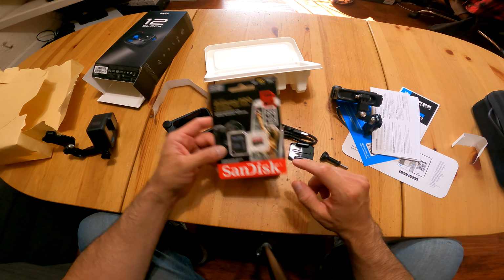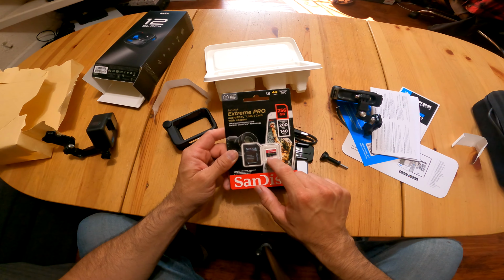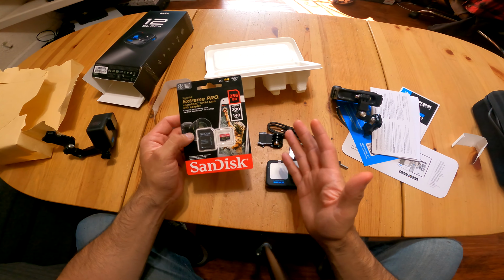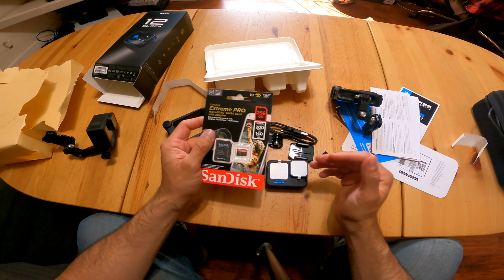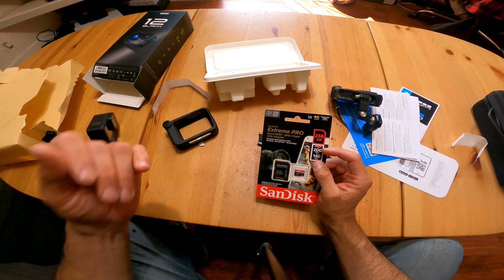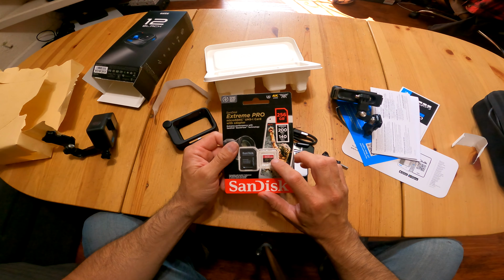So this is the SD card that I got for this camera. The reason why I got this is I just like the way it manages the files. When I get a cheaper SD card, not a class A2 or something that writes this fast, I believe it's 140 megabyte writing speed. Yeah, here we go. So 140 megabytes. For some reason, it just splits my videos every 4 gigabytes. When I have this SD card, I could record up to, I believe, 8 minutes of footage, and it'll keep it in one file. When I do it with the other cheaper ones, and we're talking about, I mean, like $5 or $10, it's not really that much of a difference, but I'll get 3 different files for one video, which is a little bit annoying. So yeah, we're going with the Extreme Pro